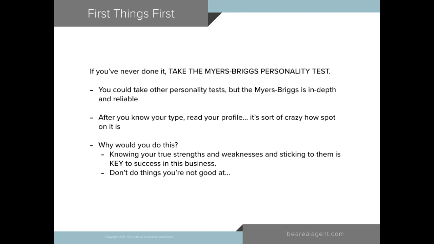And, take it or leave it. You may not even like the Myers-Briggs test, but we know what it did for us after we read our profiles. So you take the test. It's about 75 questions, and it takes roughly 10 minutes or so. There's no right or wrong answer. When you're finished, it's going to give you 4 letters, and those 4 letters are your personality profile. There are 16 different combinations, and when you read your profile, it's crazy how spot on it is.